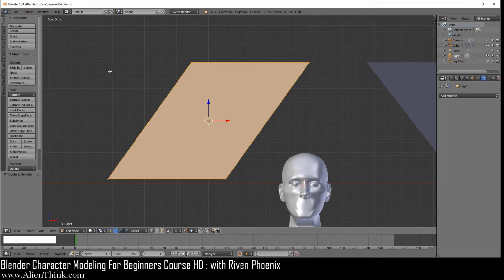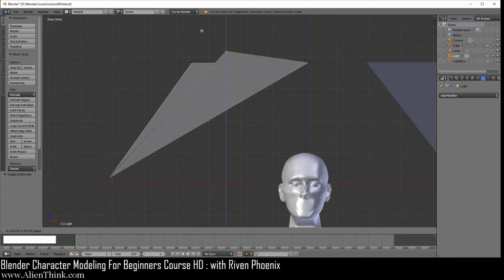Okay? Now don't save anything in this file because we're going to do a few things. This is just so you can understand the explanation that I'm going to give you about what triangles and quads are in 3D modeling. So I'm just going to go ahead and shut this off over here, the snapping tool. So if I go ahead and click on this vertex over here, so make sure that you're in the front view. And I just want you to take this and just make it go up, just like this.